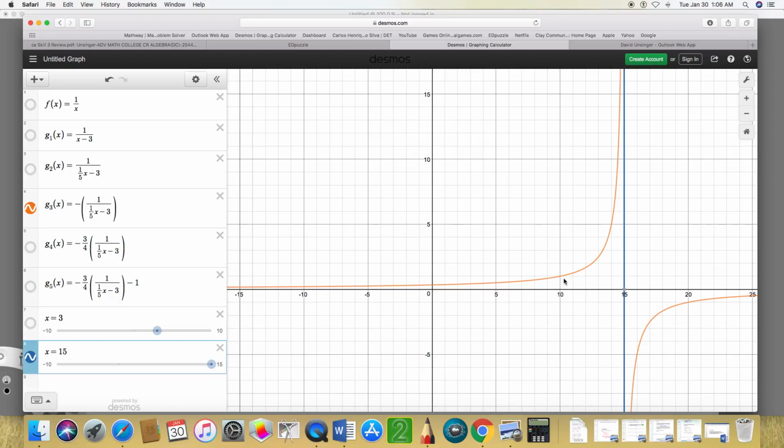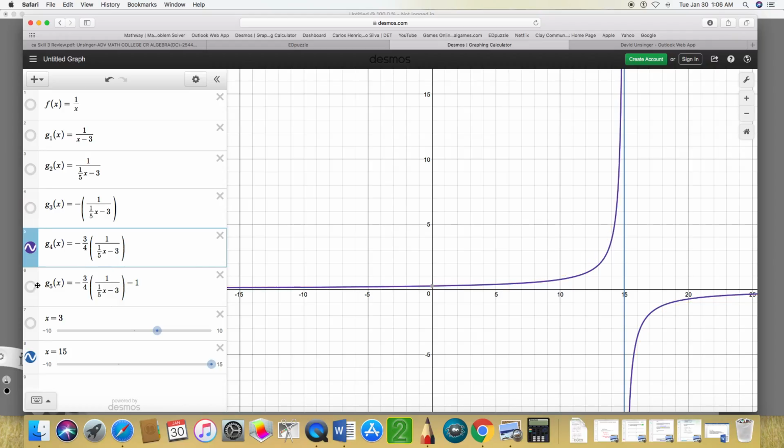So this point here at 10, 1 is going to be 10, 3/4. This point is going to shrink towards the x-axis. So that point should be, if I can get close enough to it, there, 10, 3/4. 3/4 as a decimal is 0.75, and then this -1,